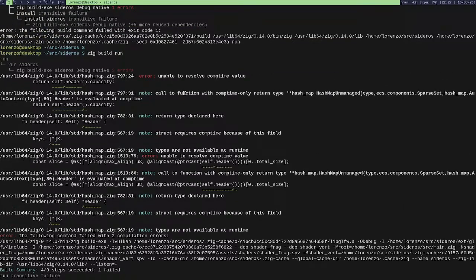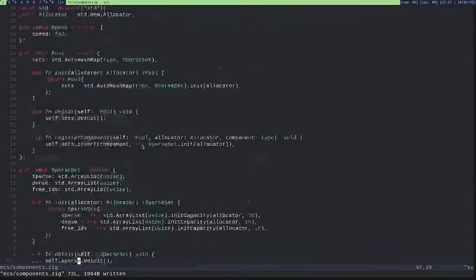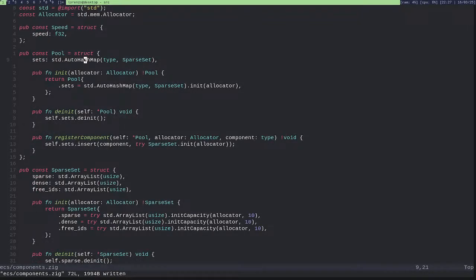Unable to resolve comptime value. Okay, it makes sense. Yeah. So what do I do in this case? Because I still want somehow to get components from a hash map. At least component sets from a hash map. I should probably assign them some kind of identifier.